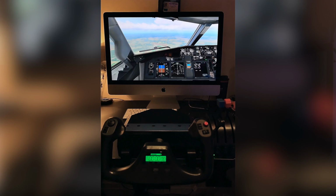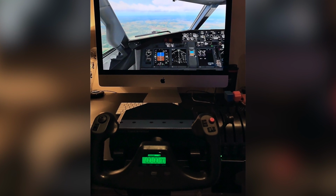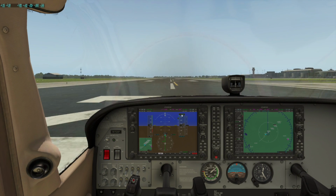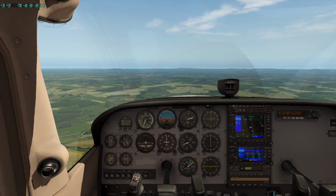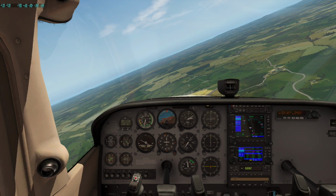So in regards to the controls that I've been using, I used to have a Saitek Yoke, and it's around 5 or 6 years old, and I've really struggled with that an awful lot. The biggest issue with the Saitek is you only have about 45 degrees of rotation either side. I've got a lot of muscle memory from flying different aircraft types over the years, and I found that the small input that I put in on the Yoke, like you would in a normal aircraft, would be about doubled on the simulator, and it's really accentuated, and that creates a situation where you're going to start